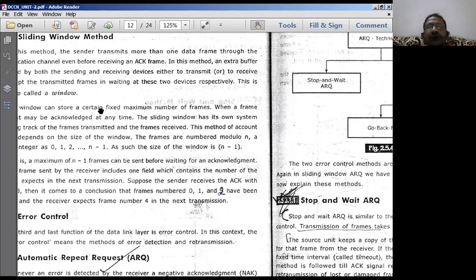As and when the data is received by the receiving station, it does not go directly into the memory location of the receiving computer. It first goes into a temporary buffer memory, where it stores the data frames transmitted by the transmitter.